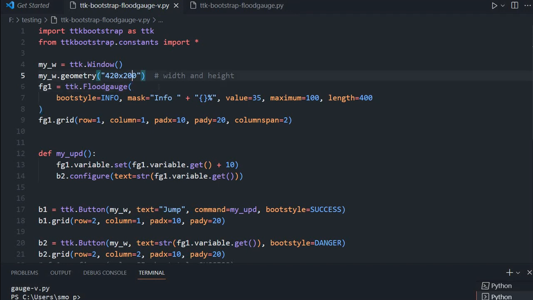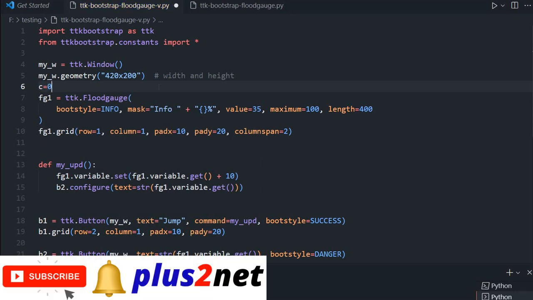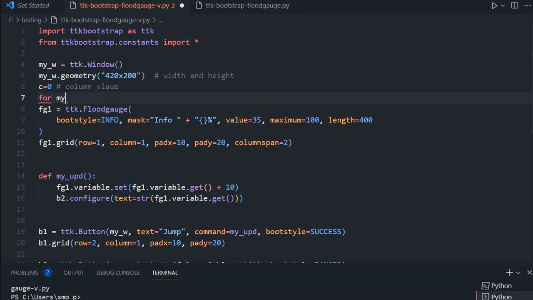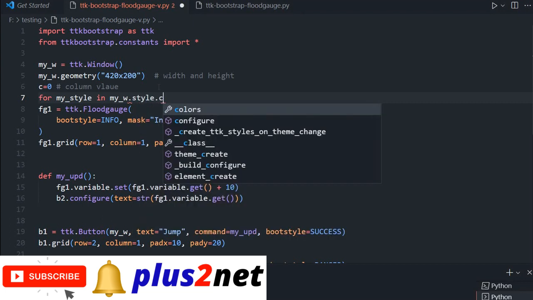So we'll just come here. We'll say here from c equal to 0. This is the column. What will c mean? Column here. So we can write it also as column value. So we'll increment it inside the for loop. So for my style, this is a variable only, my style in my underscore w, my parent window, style dot